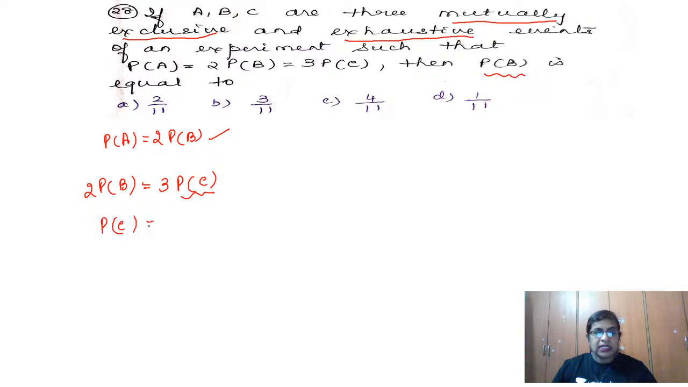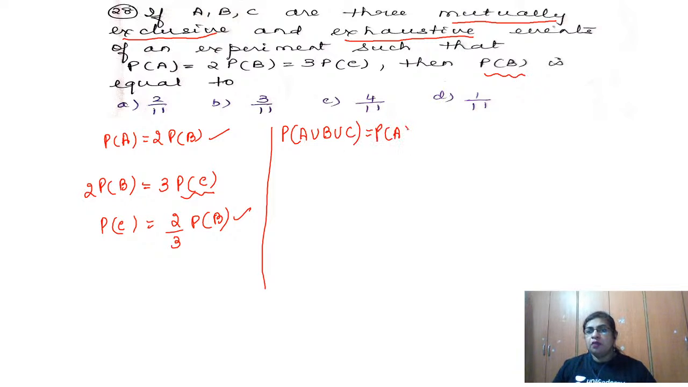So what is P of C then? P of C is equal to 2 by 3. This is multiplication, so it becomes division. So 2 by 3 probability of B. So I have kept ready P of A and P of C, both in terms of P of B. Now which formula am I going to use here? I know the addition theorem. What is probability of A union B union C? It is equal to P of A plus P of B plus P of C